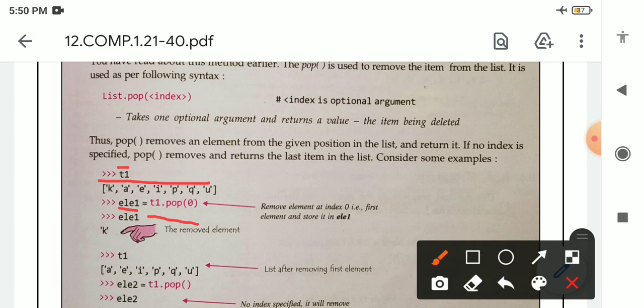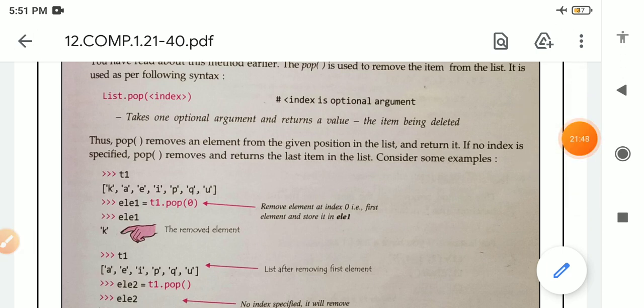We write this variable name, then the assignment operator, then T1, the name of the list, then pop, the method name, and here we have written 0. 0 indicates that positive indexing starts from 0. At index 0 there is K, so it will remove K. When we type the variable, we will get K, the removed element from the list.